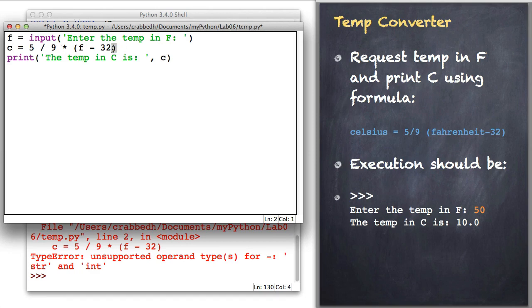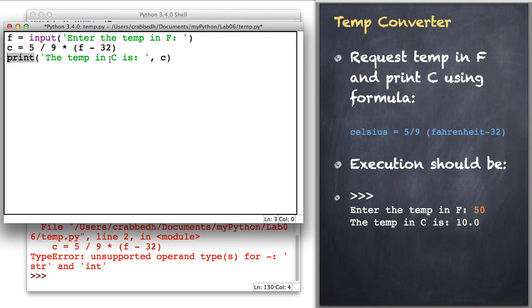And notice I have to put brackets because the F minus 32 has to be done before the multiplication by 5/9. Sometimes you have to just work at a Python shell, make sure you get this line right. You can do this by trial and error before you put it into your program. Finally, you're going to want to print